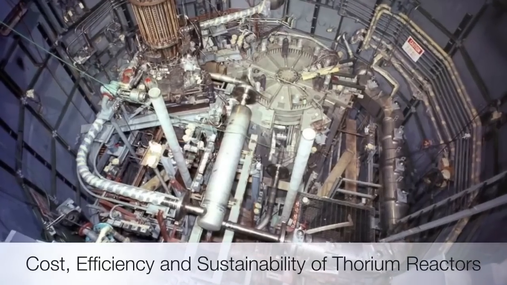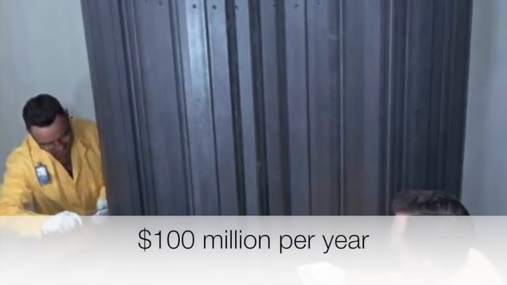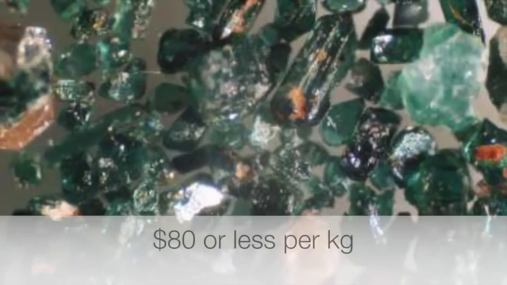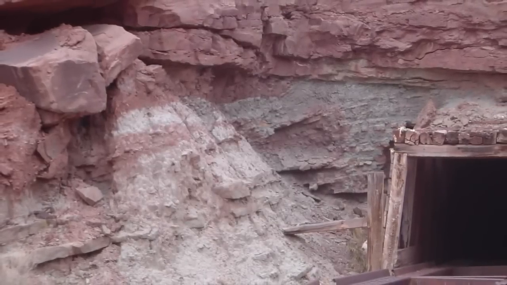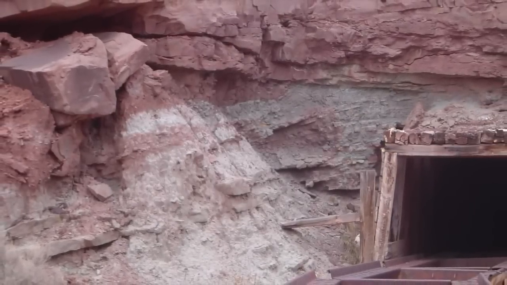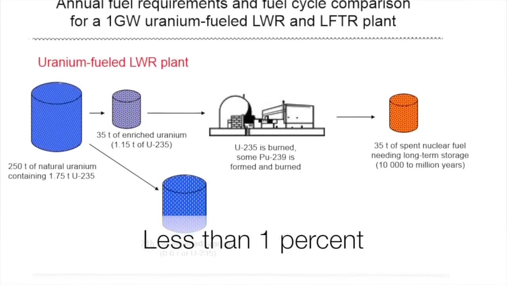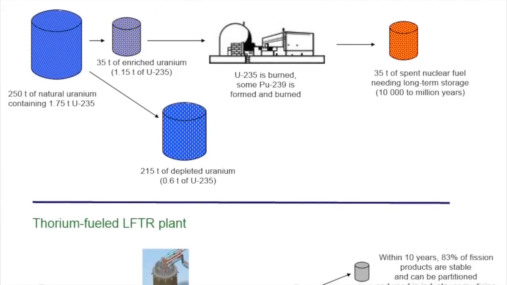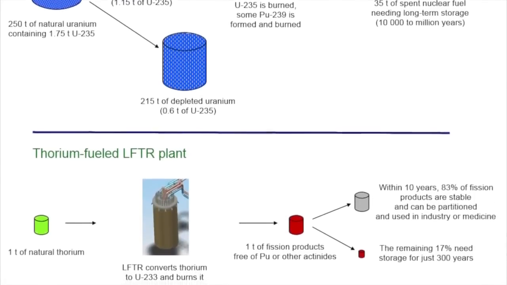In order to establish a large-scale thorium-powered reactor, it would cost less than $1 billion, with operating costs of $100 million per year. The cost of acquiring the thorium itself is around $80 or less per kilogram. Mining thorium is more efficient than mining uranium, since there is a higher concentration of thorium than uranium in their respective ores. Conventional reactors consume less than 1% of the mined uranium, with the rest becoming waste. On the other hand, thorium-powered reactors may consume about 99% of its thorium fuel, making thorium a much more efficient